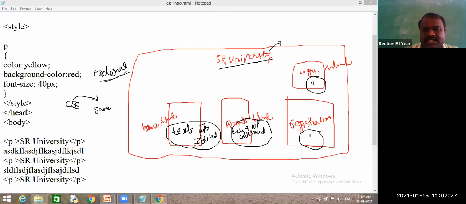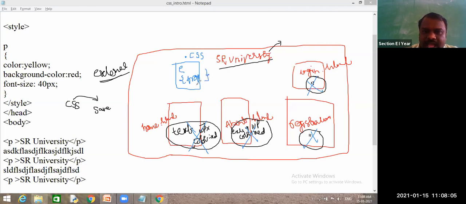I will tell you how to write an external style sheet. So I won't write this common property multiple times, guys. Instead, I will write one program, and this is a .css file. Whatever common property is repeating among all these, I will write only one time here, as elements and properties.